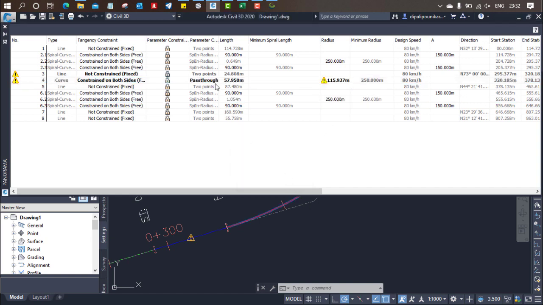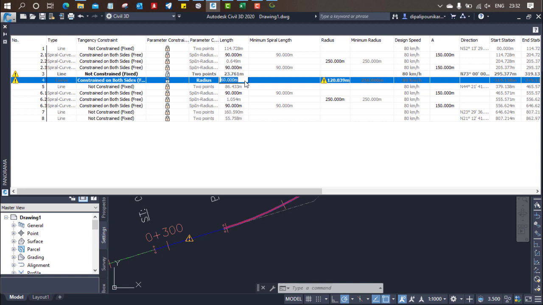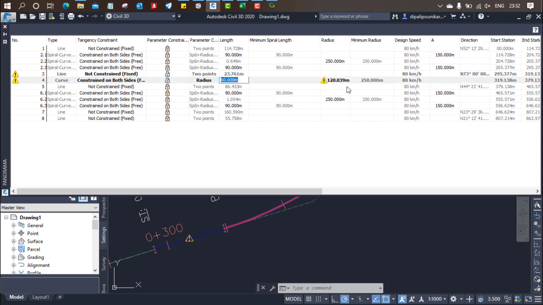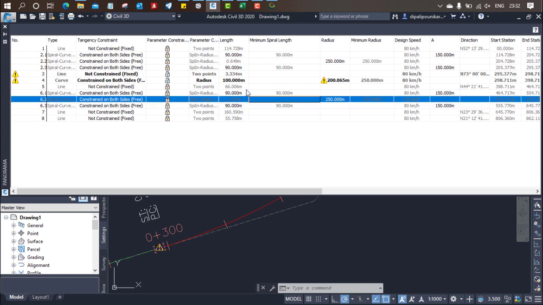Now again it is not going to happen, so we just need to click on a radius. We can put a length, let's put length as 60. Let's see whether it is changed or not. So it is changed. We can increase the length, and it automatically increases the radius. So we can put it as 100. Let's see whether it is changed or not. It becomes 200. You can see, based on that the calculation also changes.